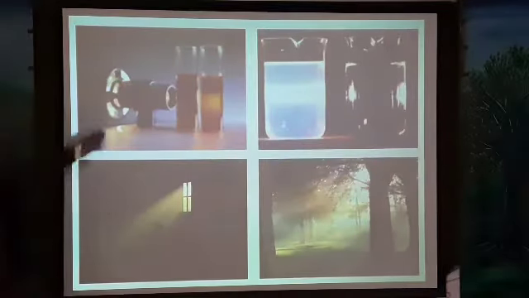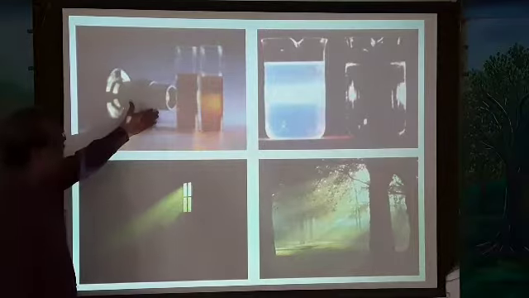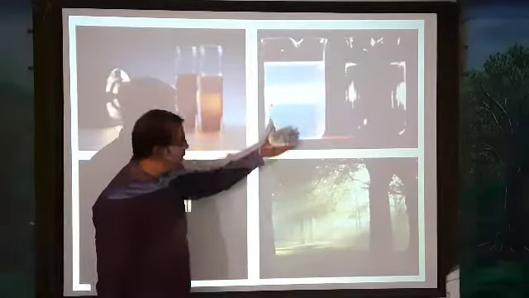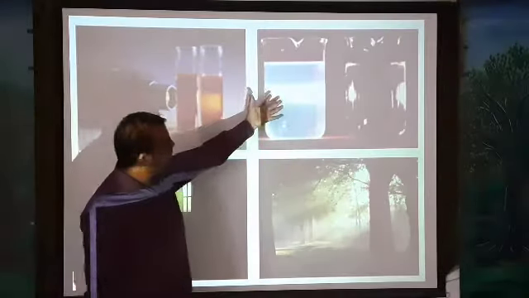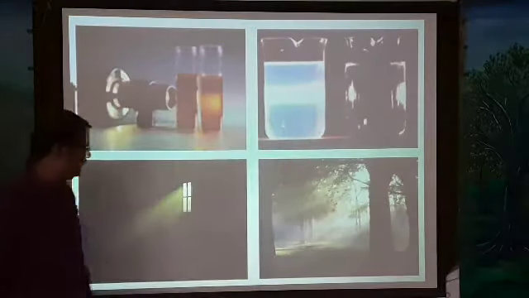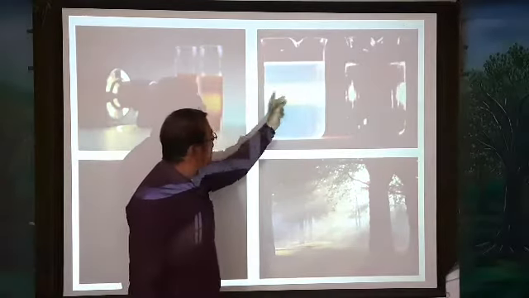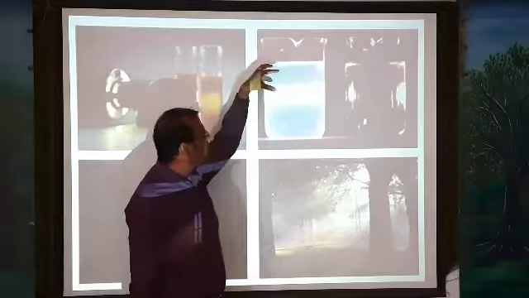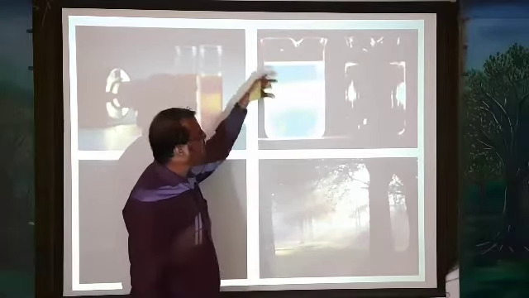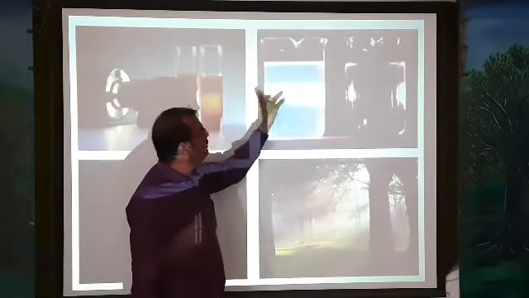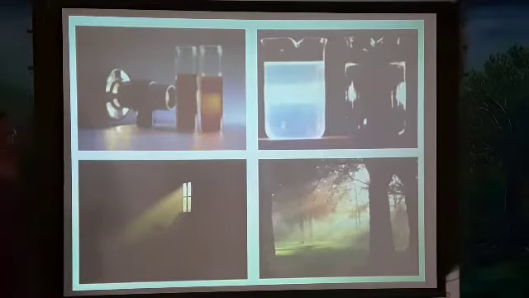So these are the examples of the Tyndall effect. Here is one example, and this is another example. This is a dark room, and this is a heterogeneous mixture, and this is also a mixture. There we can see the Tyndall effect. Here the scattering of light takes place, and we can see the beam of light. This beam of light is because of the particles present inside this solution, which are responsible for scattering of light. When they scatter the light, we can see the path of light. This is called the Tyndall effect.